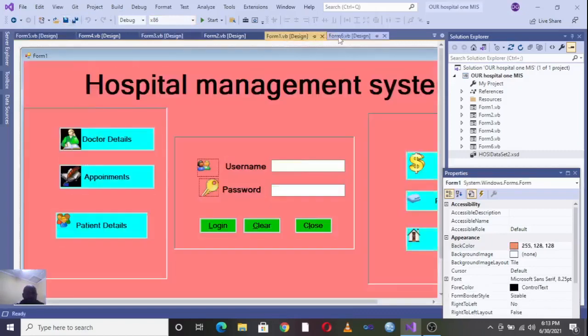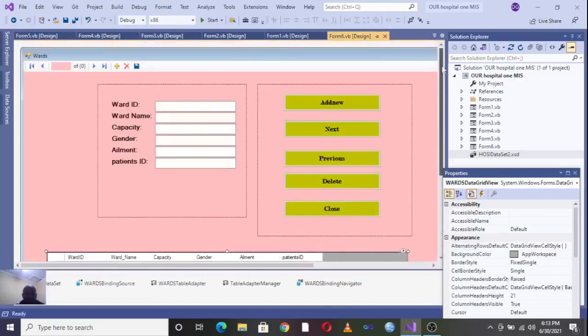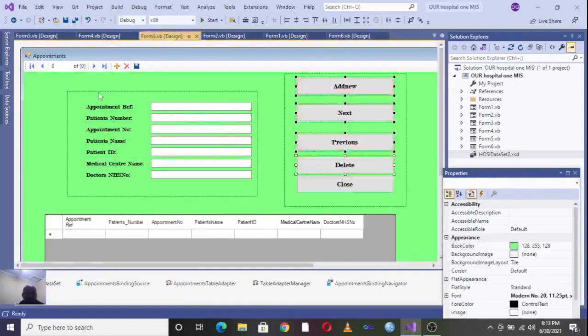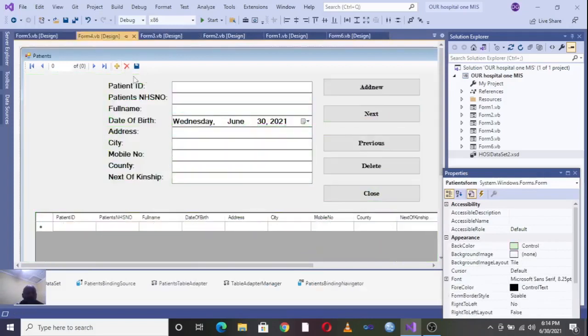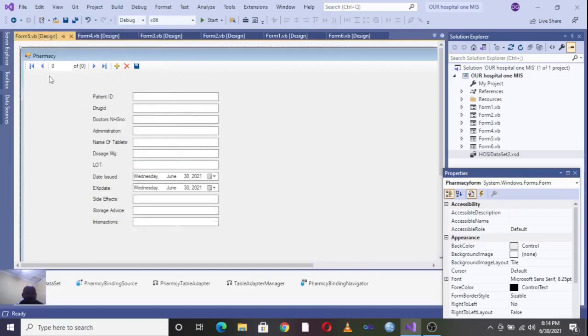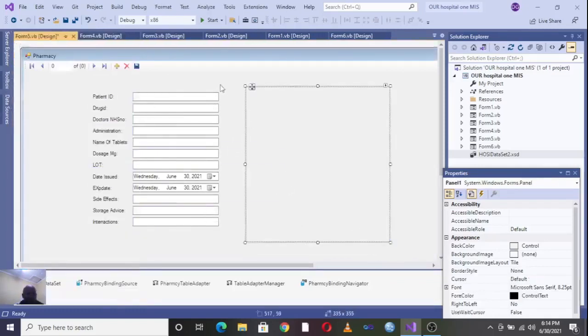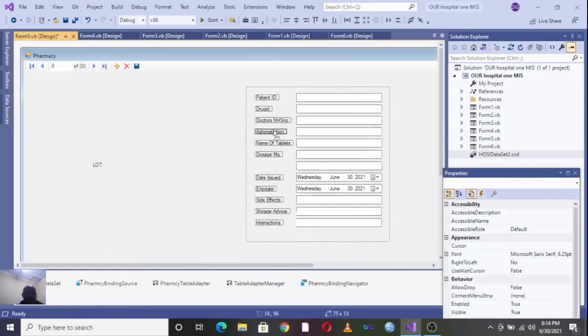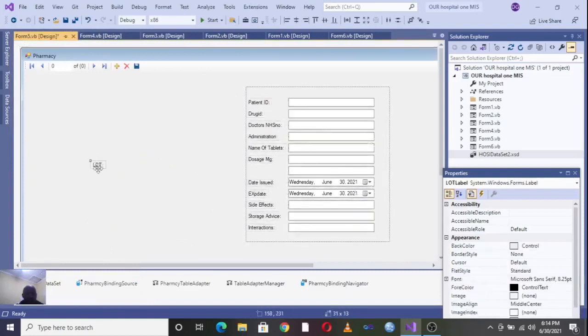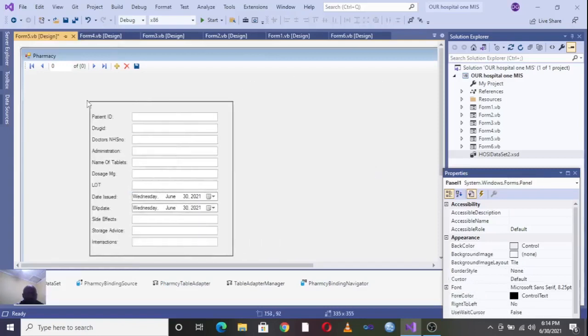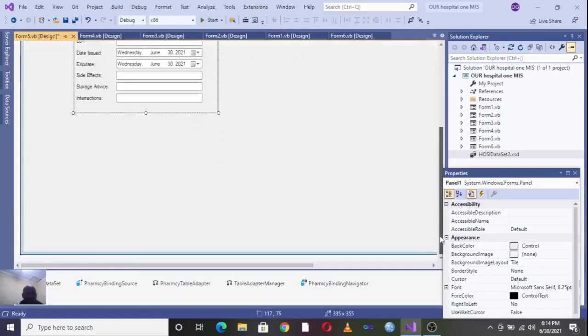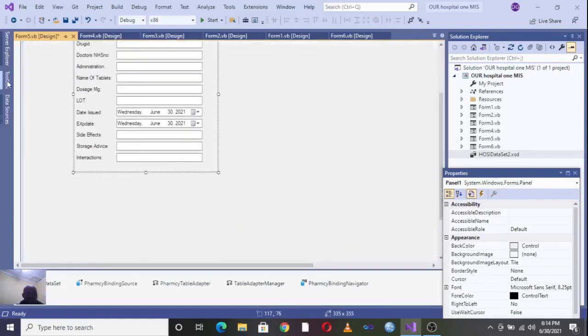Therefore, so far you can be in a position to see that our design is almost complete. That is for all the forms. But you can also add the label here, up here, to make sure that the reader can be in a position to know what you are doing. Like for example, let's just go to toolbar, then we just go to panel, we draw a panel here, then also drag these ones inside the panel. Then we have this one left, this one is somewhere there. Then after doing that, you can be in a position again to bring this one to somewhere there. Then this is the pharmacy